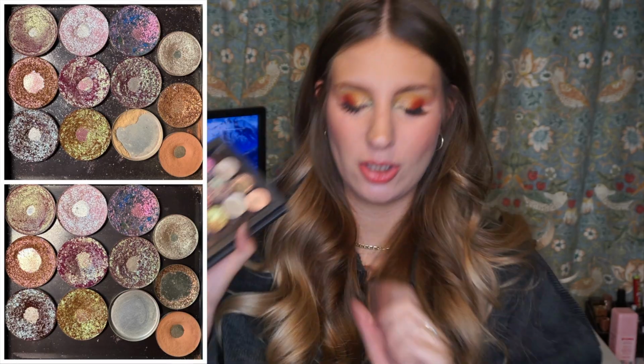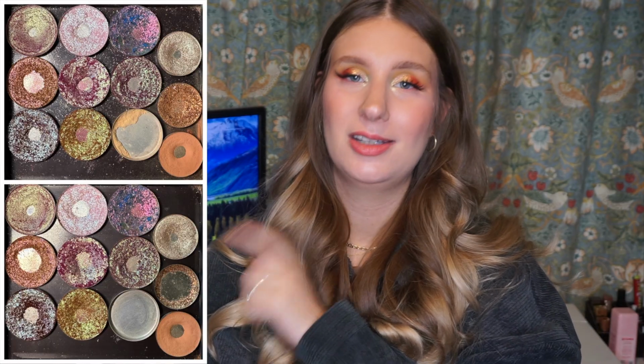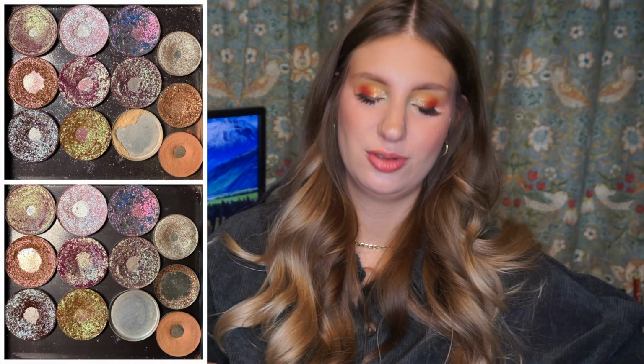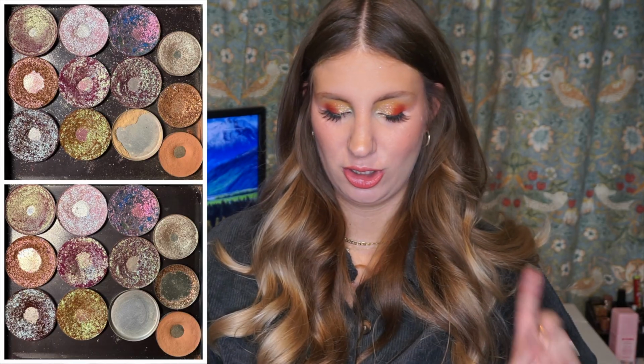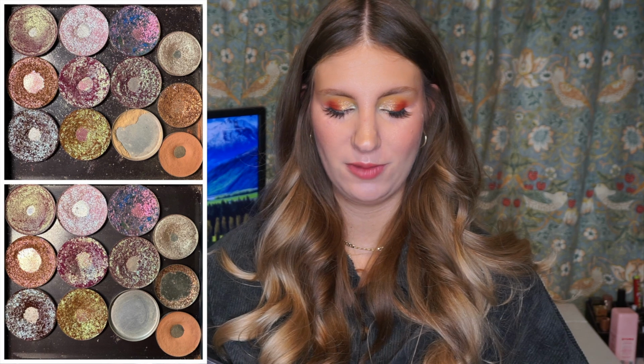That is 79 uses using it on its own, but it is important to note that I do have this shade in Franken shades. So in my Soft Glam palette, there's a couple of shades that still have this shade in them. So this one won't count officially as done until those Franken shades are done. So yeah, 79 uses to finish the shade in this palette, and on top of that I do have some